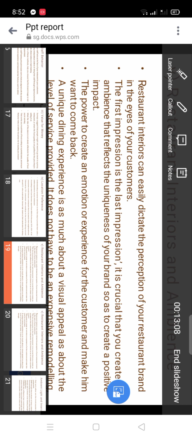It should have the power to create an emotion or experience for the customer and make him want to come back. A unique dining experience is as much about a visual appeal as about the level of service provided. It does not have to be an expensive remodeling though. First is